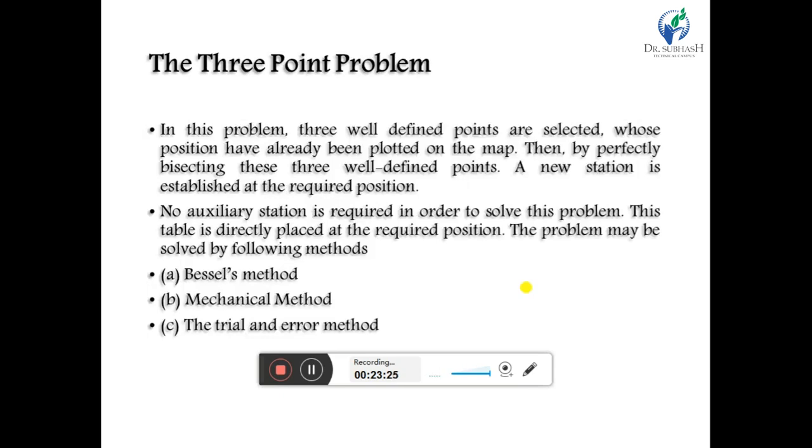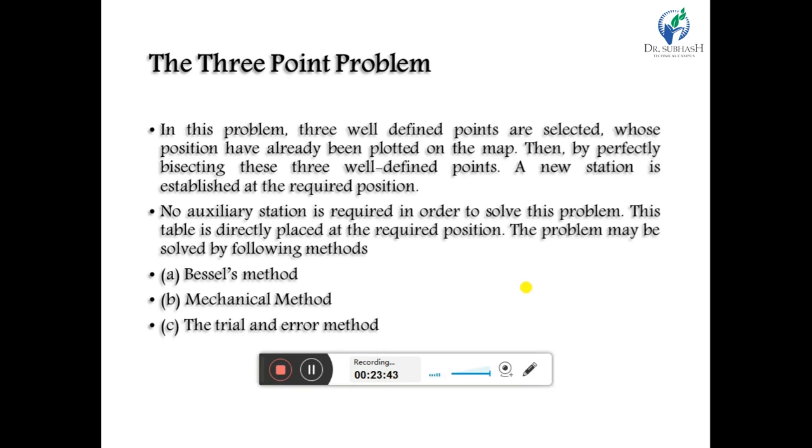Now we are moving to our next method, the three-point problem. In the three-point problem, as the name suggests, we use three previously plotted points on our sheet.